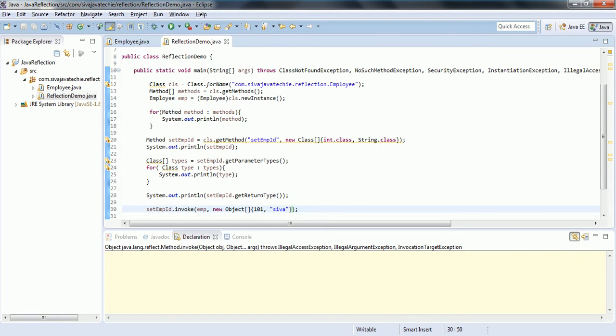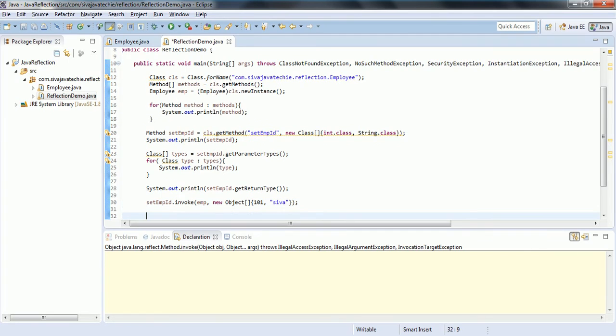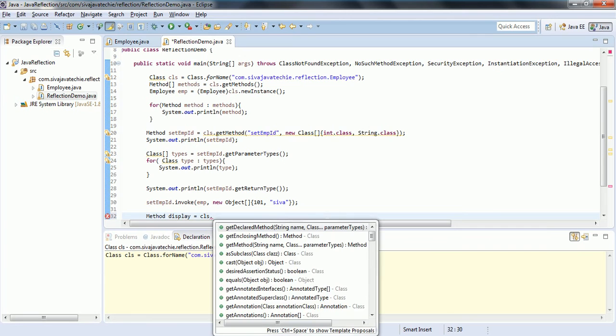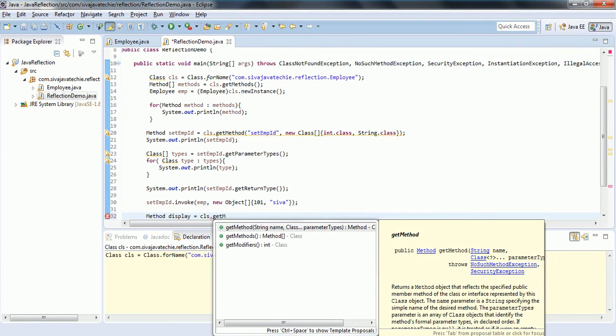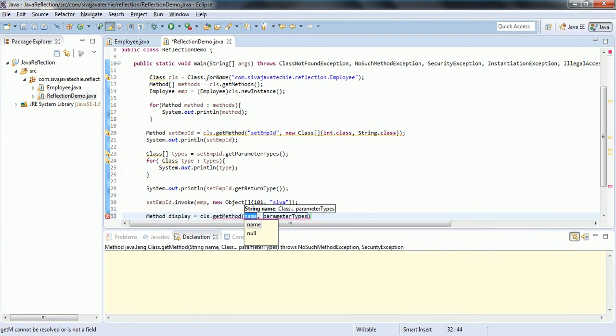Now if you want to see the output of it, we have one more method we have written to display it. So what I am going to do is assign a Method display equal to class dot getMethod of, I want to get the display method, and it does not have any parameter, so you can just pass null.